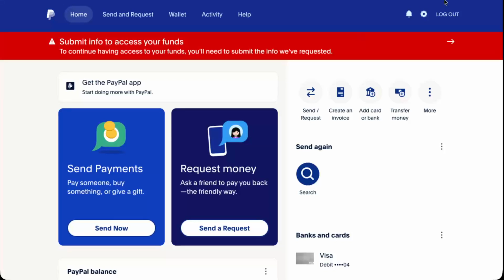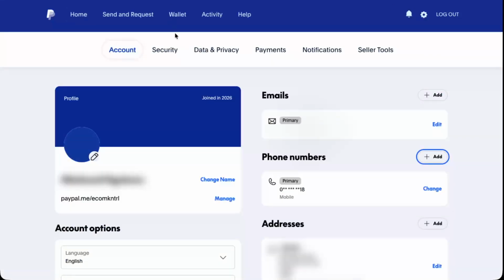Once you're on the dashboard, look to the top right corner of the screen. You'll see a small gear icon, usually right next to the log out option. That gear icon is for your account settings. Click on it to open your PayPal settings page. If you don't see it immediately, make sure your browser window is maximized or zoomed out slightly so the top